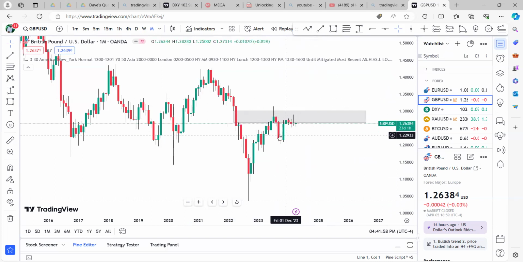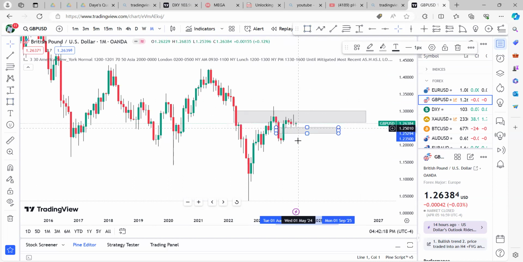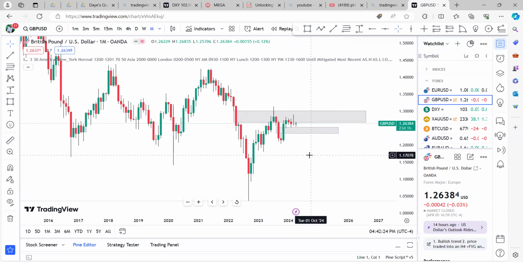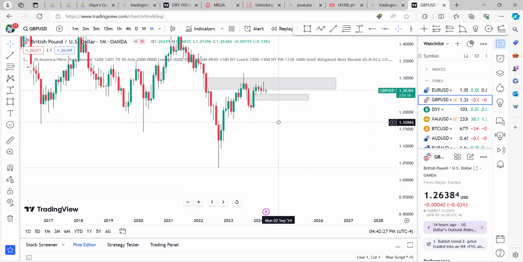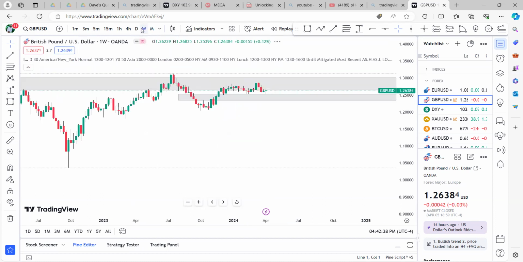And then I can also see, if you remember, we had an opposite of this balanced price range on the DXY, the dollar index. You can also see this balanced price range here. You don't expect price to trade below. But if it does, then if price trades below and closes below this balanced price range, it confirms the idea that they are bearish on DXY.